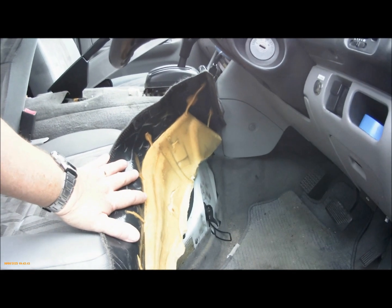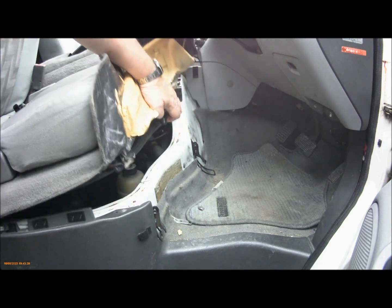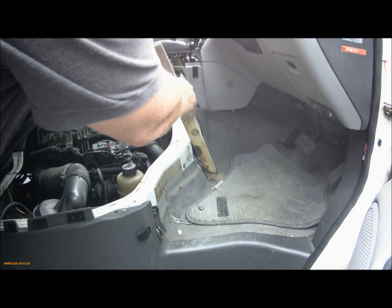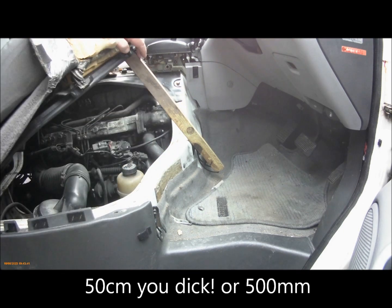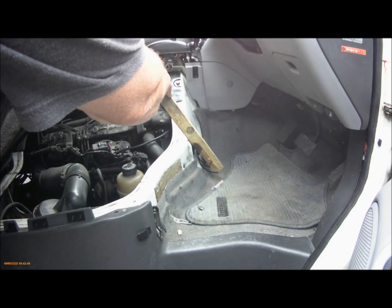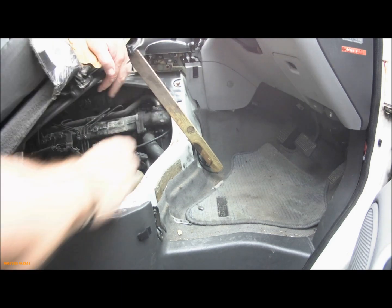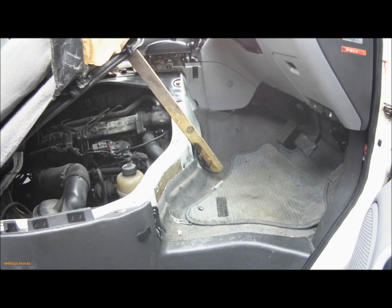I'm going to need to put you back on the tripod because we're going to need both hands for this operation. Lift the seat up, and using your piece of wood, put it onto the clip and just rest it underneath. 50mm. Looking at that, a 50mm long length of wood would be even better, maybe not 50, 49, but that'll do fine, because all you need to do is get to,